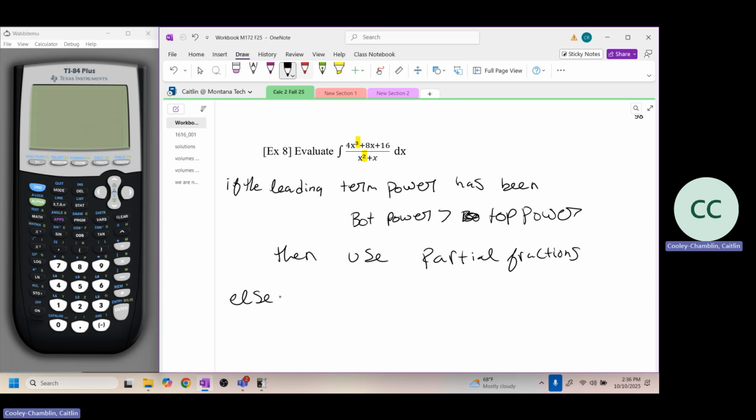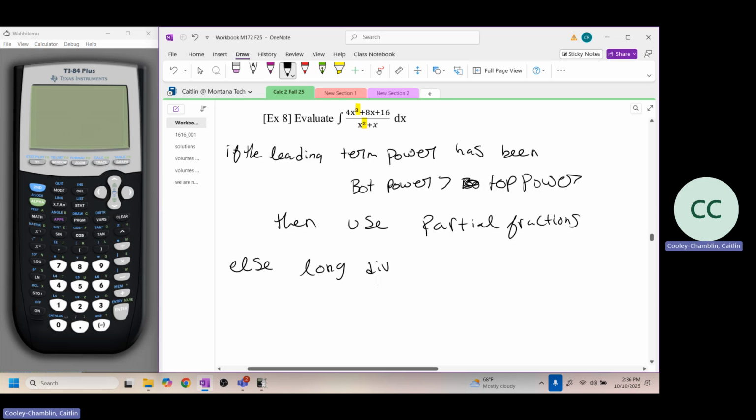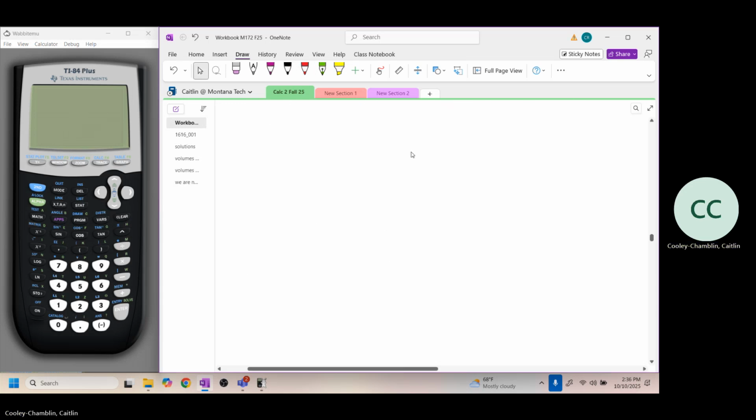Else, so if not, we need to use long division. So I'm going to bring us back to some algebra, and we're going to use some long division. So let's do,